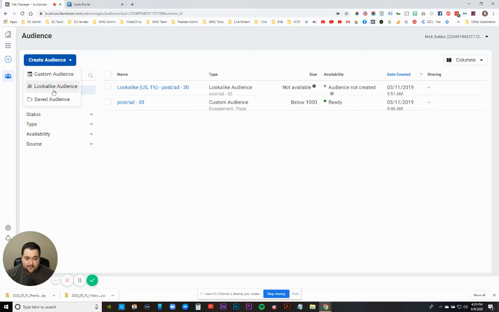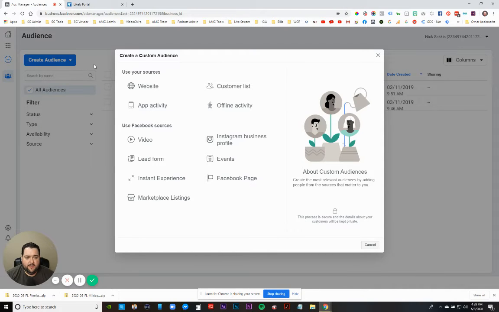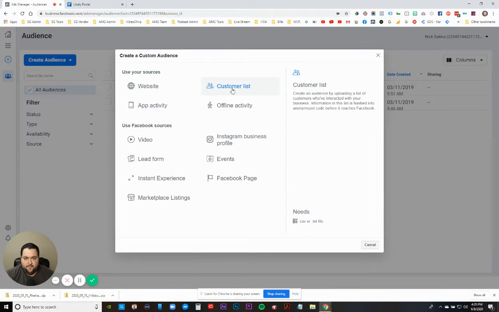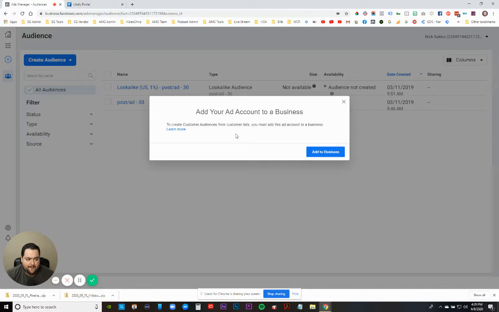And the second one's going to be a lookalike, which we'll get into in a second. So click this custom audience, and it's going to pull up a menu. Now, these are all the different options you have, and I could do a full day training just on how to create custom audiences. But for this instance, we're going to do just customer lists. So what you're going to look for is a customer list. And once you click on that,